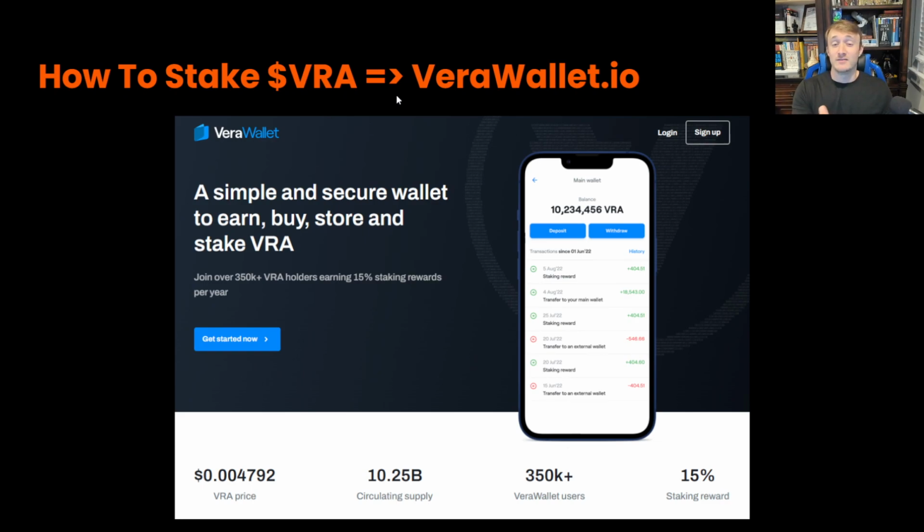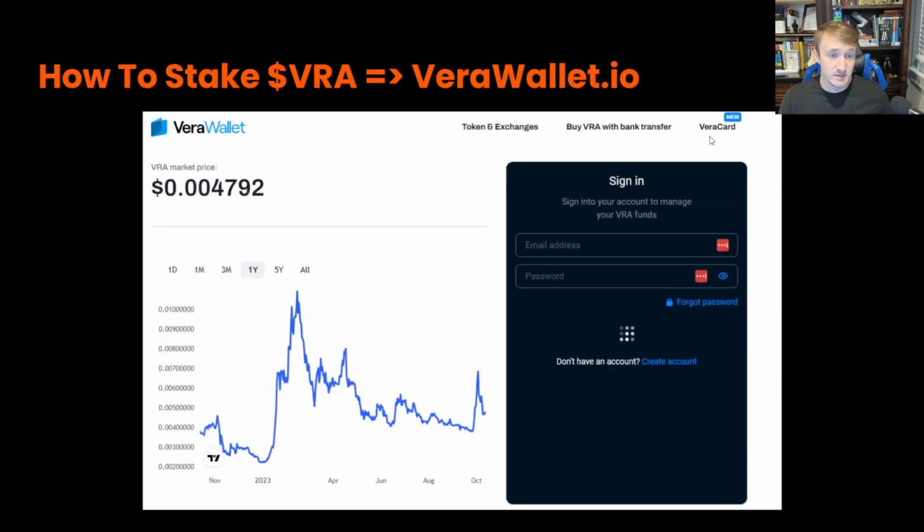All you have to do to stake VRA is go to verawallet.io. You click this sign up button, or you just log in, and it brings you to this page right here. You put in your email address, you put in your password, or you create your account. A note: people in the US cannot do this, so simply toss on your VPN and find an address in Canada or some other place,